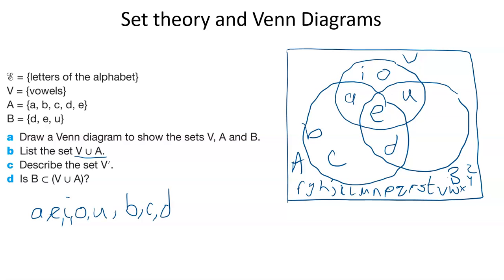Describe the set V'. Well, it doesn't want you to list the members, it wants a description of everything that's not vowels. So you could say everything that's not vowels, or you could say consonants, because in this case, there's only 2 things in the alphabet, vowels and consonants, so you could write that down, but just be careful, that won't always work